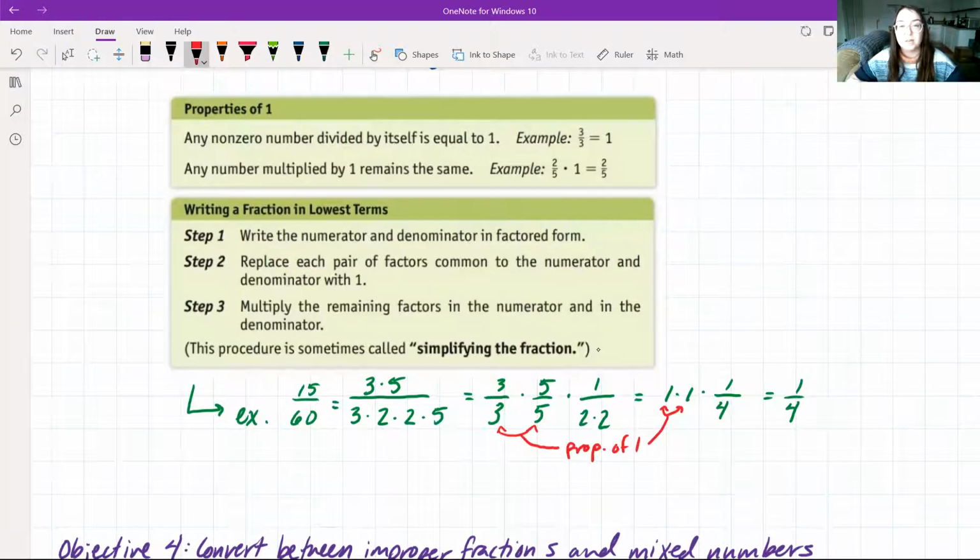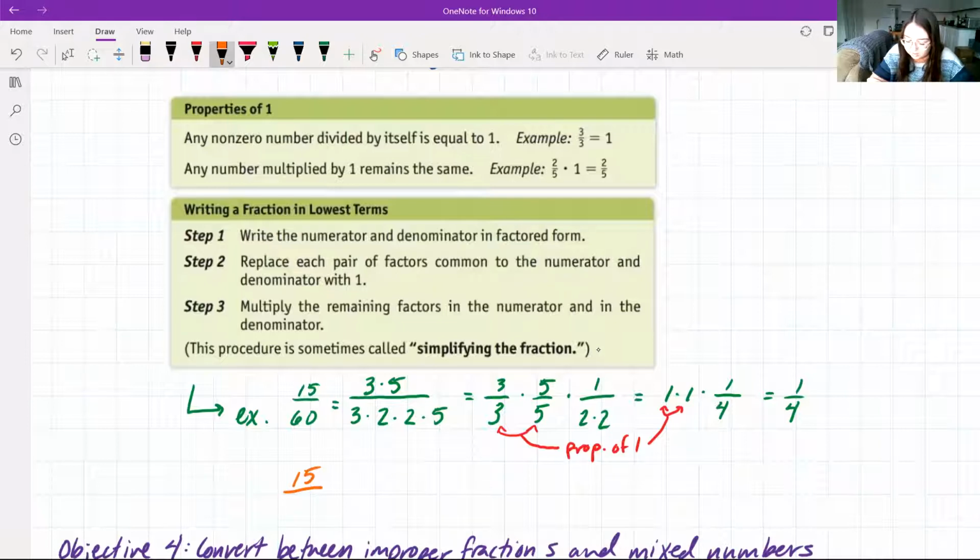So we see that those became 1 by their property of 1. Another way that you could figure out how to do this is that we see 15 is going to be our greatest common factor. 60 is divisible by 15. So another way that we could have written this out is we could have also said